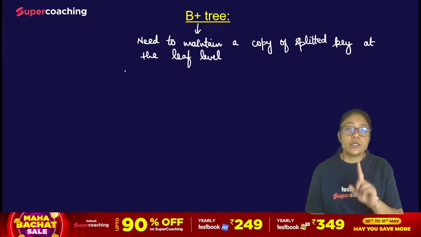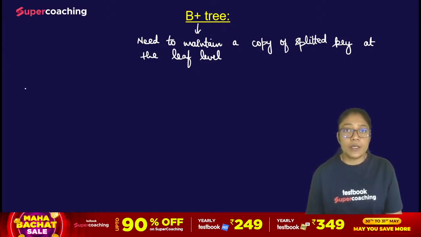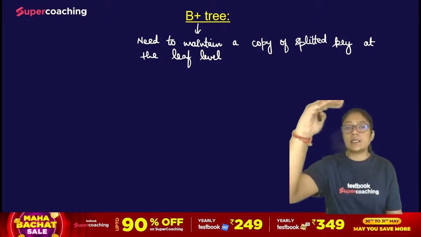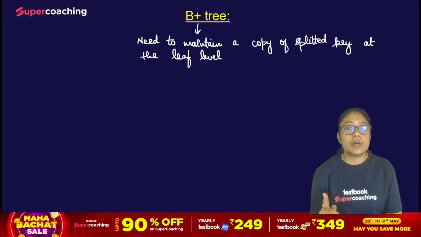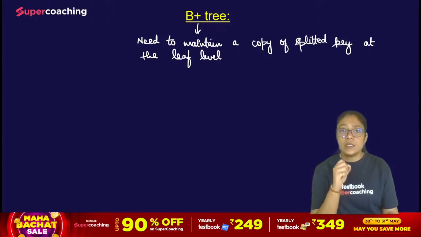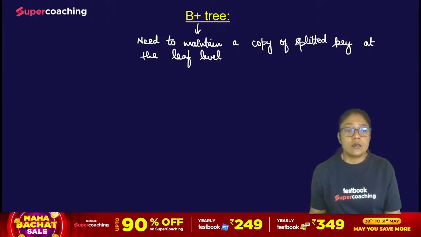That means first time जब splitting होगी उस time पे we will be maintaining the copy. Second time जब internal level से internal level पे जा रहे हैं then we need not to maintain a copy. Because idea behind this is we should have each and every key at the leaf level. So if we talk about the structure of the internal node, we have although already talked about this internal node